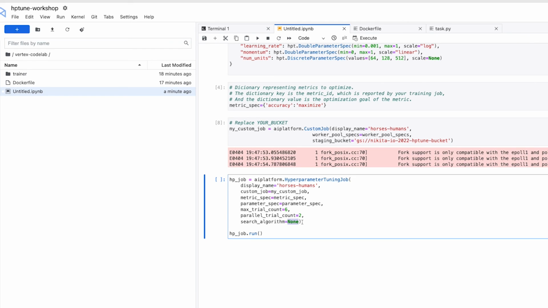And that's because by default, this default option will apply a Bayesian optimization algorithm to search the space of possible hyperparameter values. This is the recommended algorithm. And I have linked to a blog in the Code Lab, which has a little bit more information on the mathematics of how this works. If you're curious, it's really interesting, so definitely worth checking out. So with that, we will launch our hyperparameter tuning job.